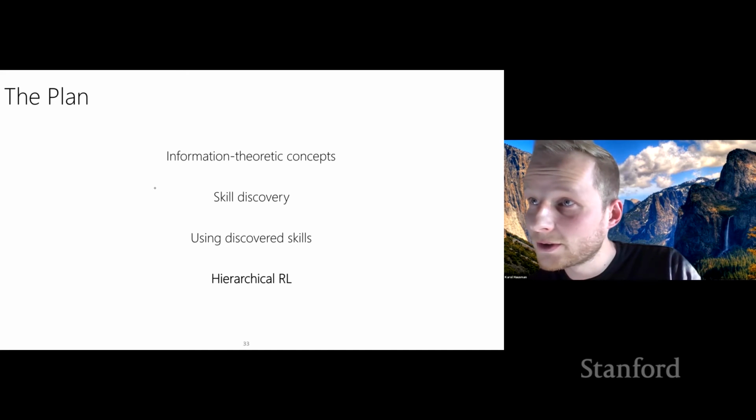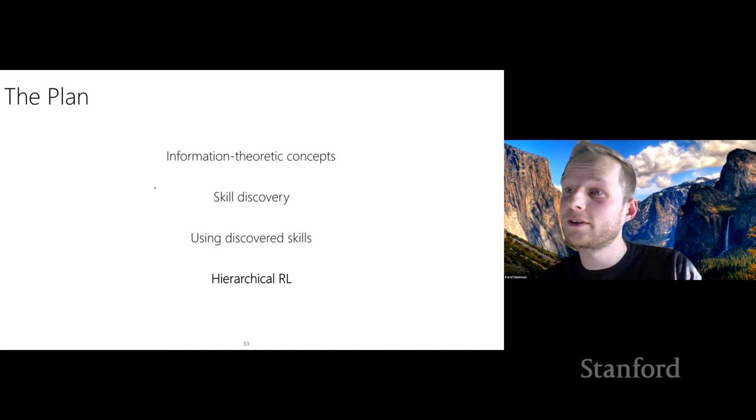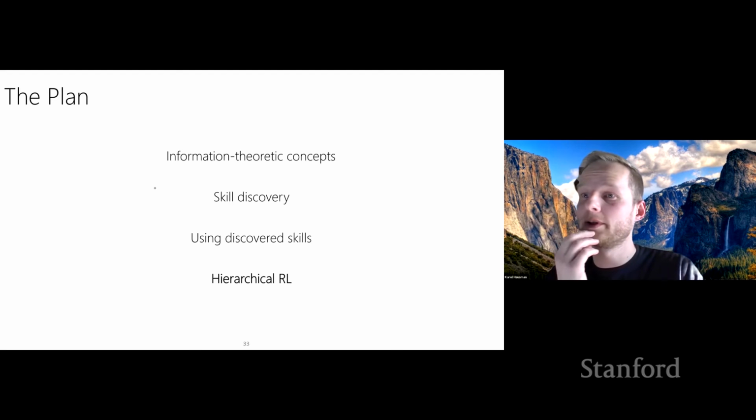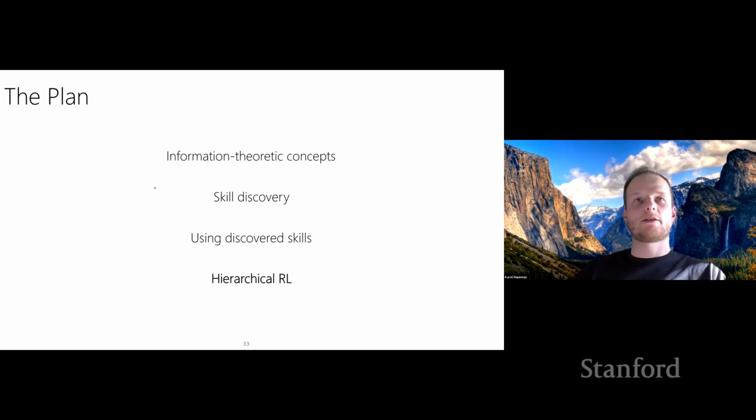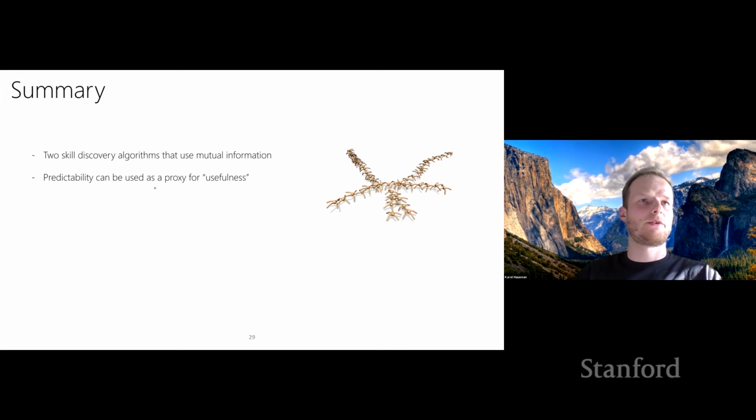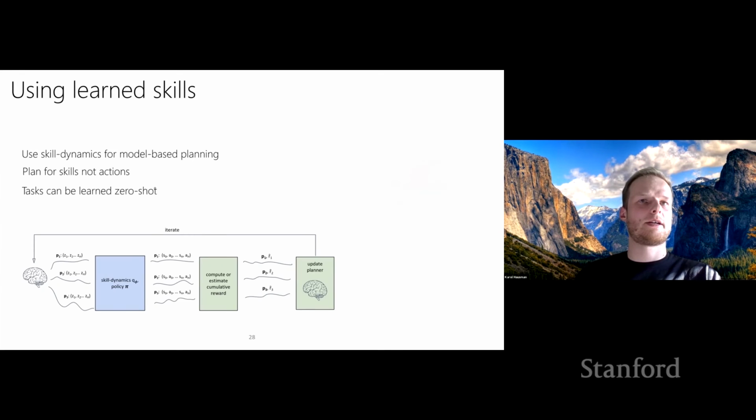Is there a way to reduce similarity of skills, learn movement and rotation instead of many similar types of movement that work in slightly different directions? I see. Is there a way to reduce similarity of skills? Right. So if I just go back in the slides real quick,